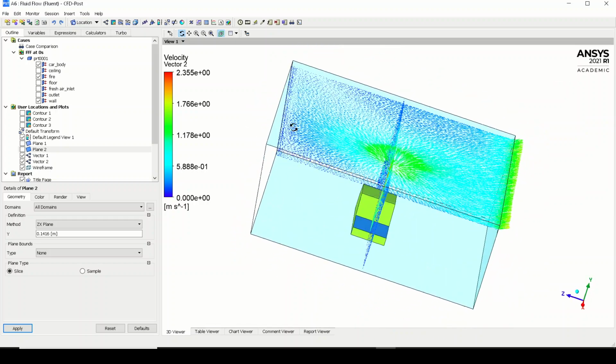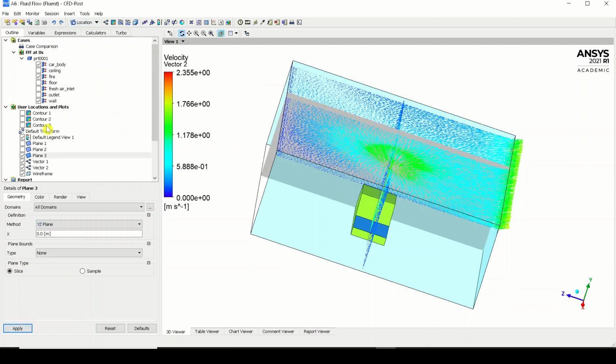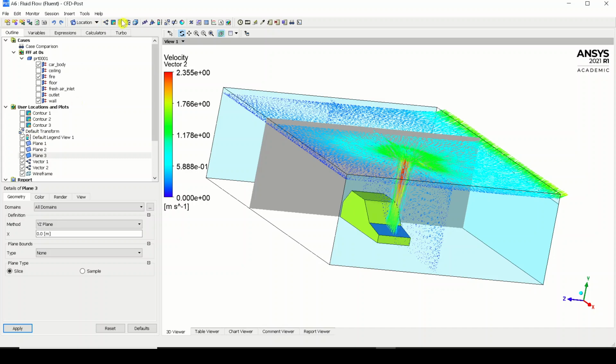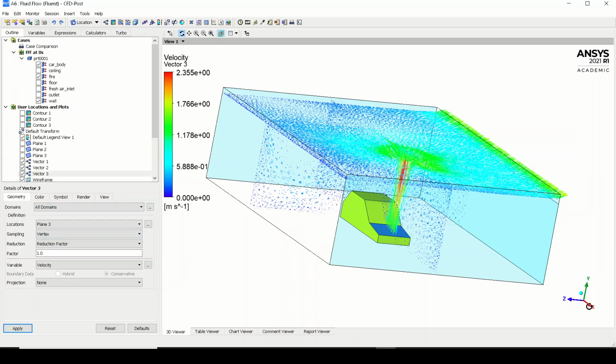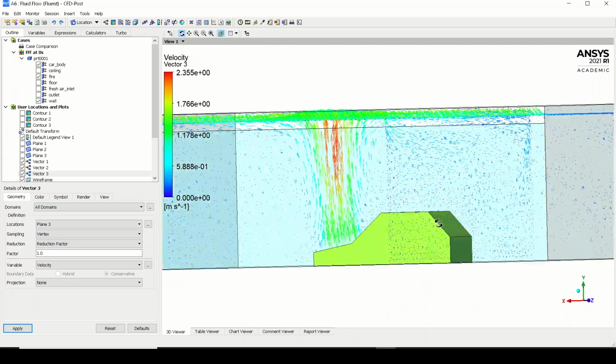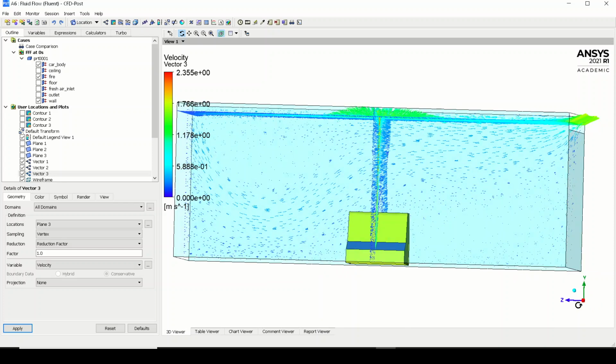Okay, and let me just create one more plane in the YZ direction. So I'll just go over here and select YZ and press OK. So we have this plane available over here, and I'll just create a vector on that plane, that is plane 3, and click apply and turn off the plane. Now I'll just show you what is happening. So you can see that